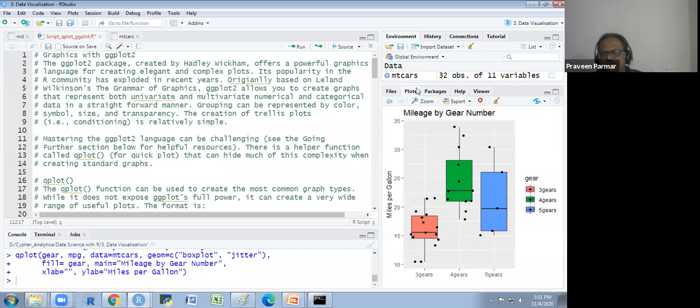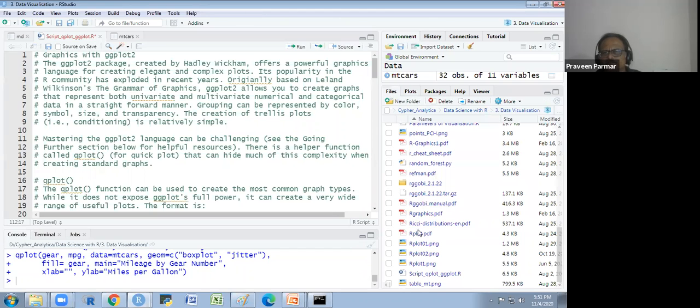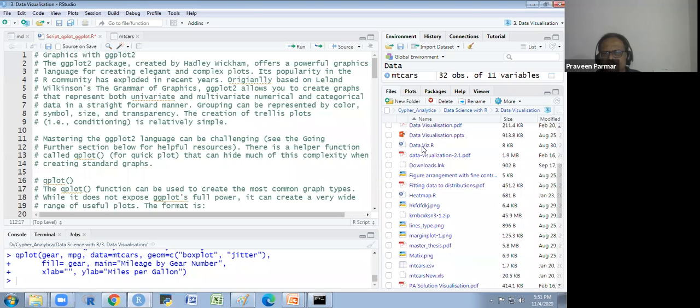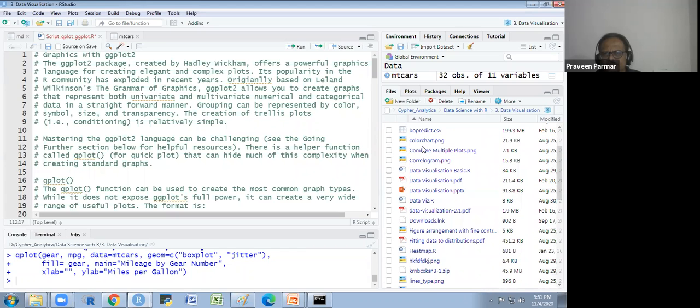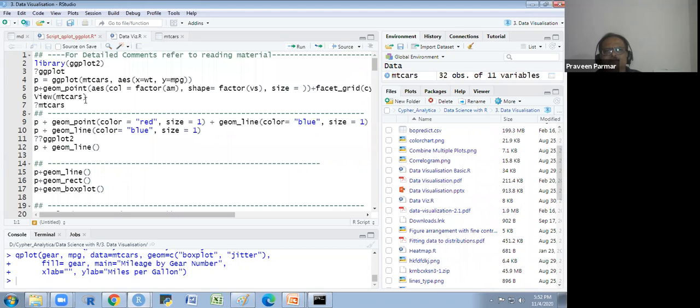Now we see ggplot. We start ggplot also. As I explained earlier, in ggplot we create some layers.